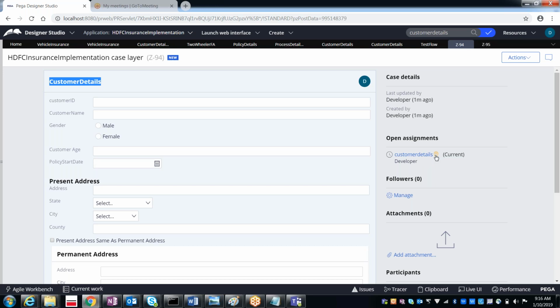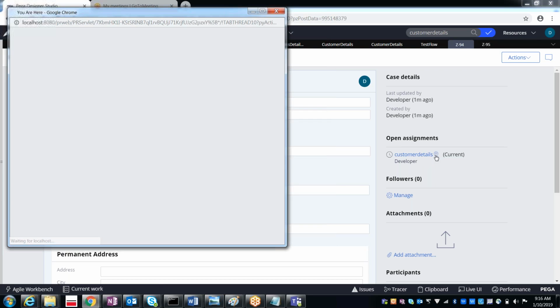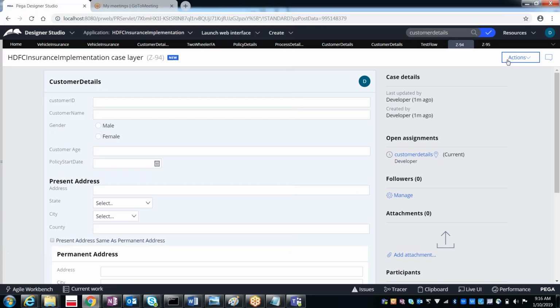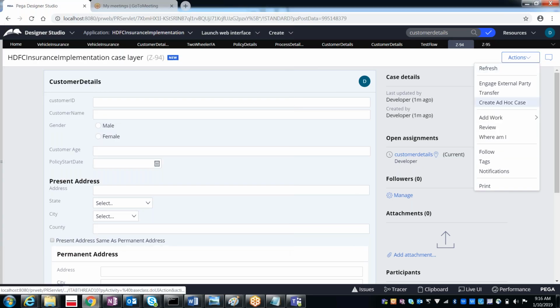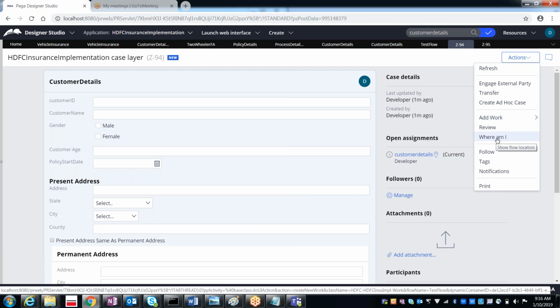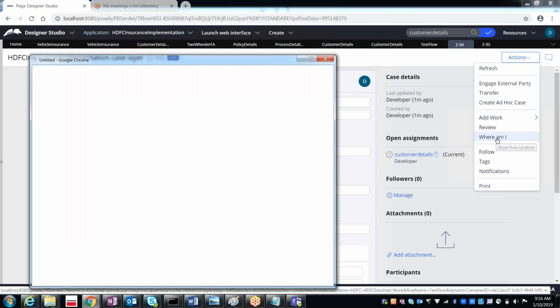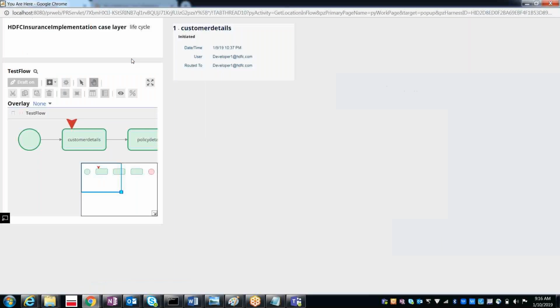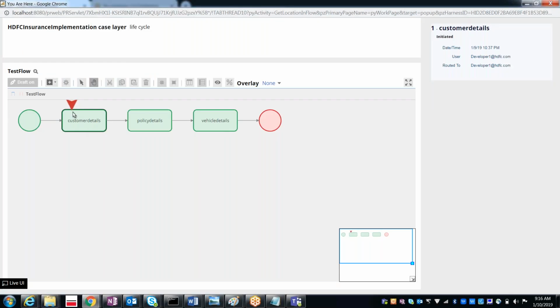And this is something called you are here. How many of you remember? Under the actions, I showed you something like where am I. That is also like you are here. That means where I am working in the flow, you can see here.